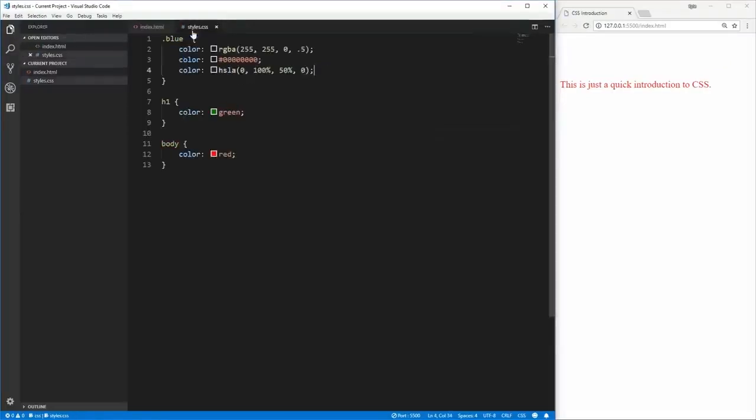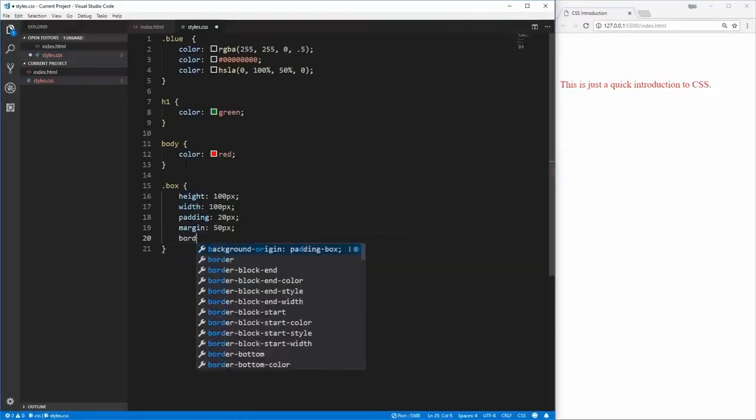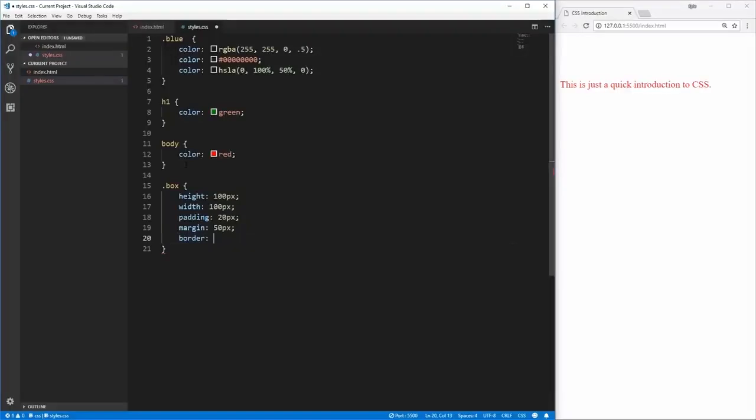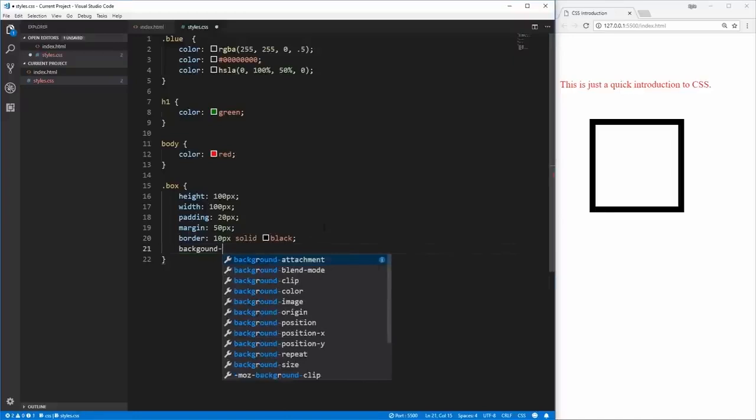There we go. And then in the style, we'll style that box element, and we'll give it a height and a width of 100 pixels, a padding of 20 pixels, a margin of 50 pixels, and a border that is going to be 10 pixels, and that'll be black. Don't worry about the syntax here, this is really just to demonstrate how the box model works. If we save that, first let's give it a background